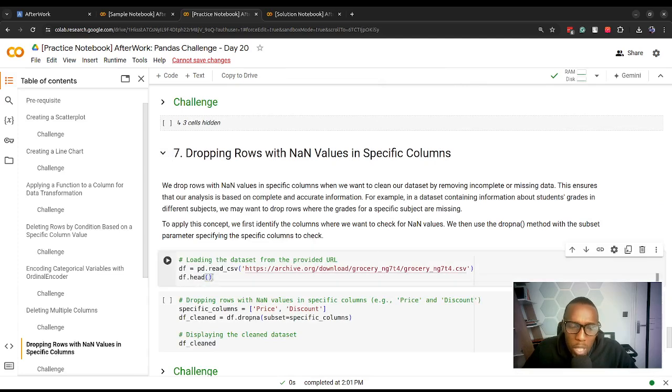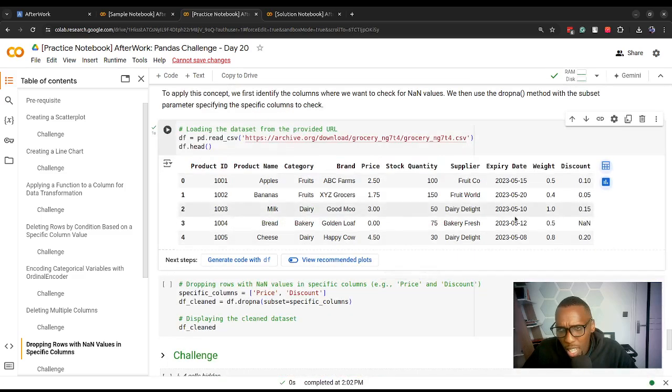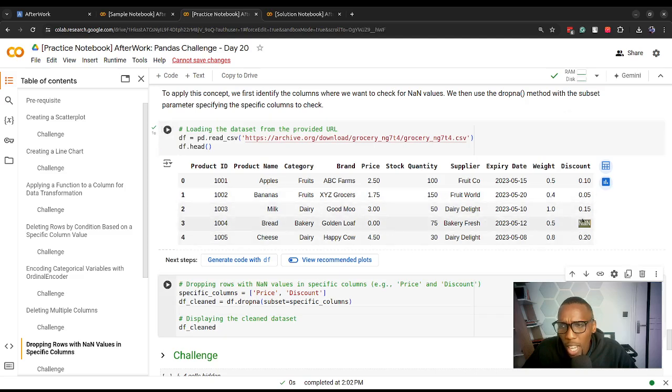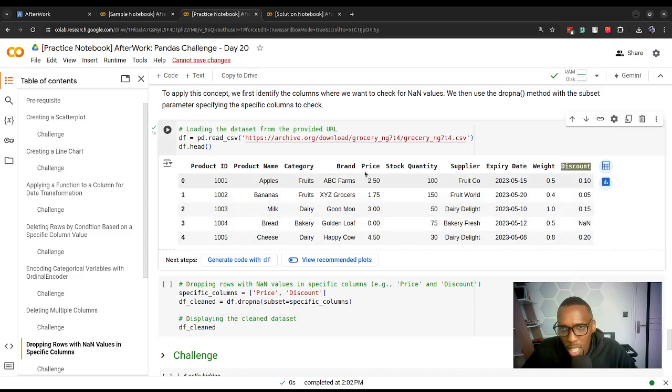All right, moving on, we can also decide to drop records with missing values in specific columns. So in cases where we are cleaning our data before performing data analysis or visualization, we might only want to delete records which have null values in specific columns. Maybe we might find value in retaining records with missing values in other columns. If we want to delete records with missing values in specific columns, as in the case of this example, which has some missing values like in the discount column, assuming we wanted to delete the records that have missing values either here or here,